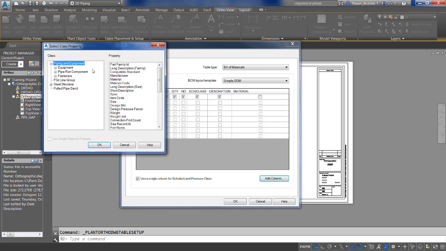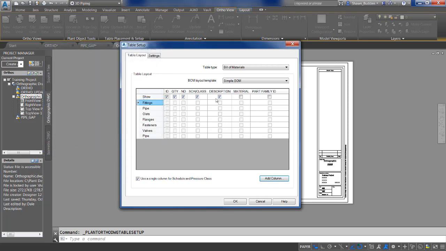Adding a column is also fairly simple. You need to pick the class and the property, and then you can add that column in. Let's just go ahead and do one for demonstration purposes, and I'll go with the first choices in either one of these. I've picked a piece of equipment. I've picked a property to go with that piece of equipment,